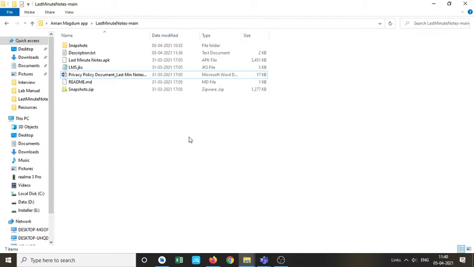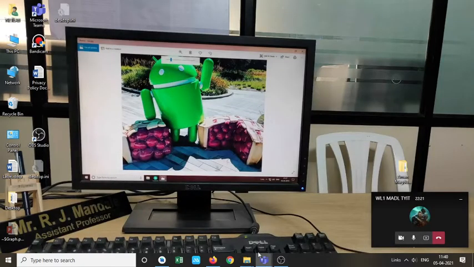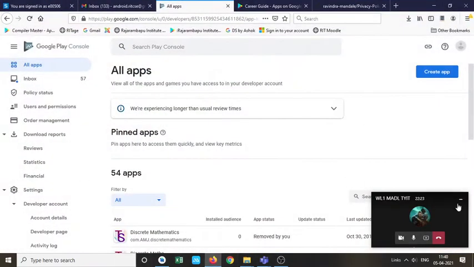They are very important. Then the next thing is the privacy policy document. You can create the privacy policy for your Android application and publish it anywhere. It may be on GitHub or on a website. Provide me that link. So that is also required. These things are required, and now we are going to start the actual procedure.